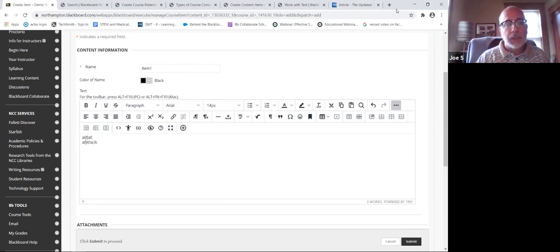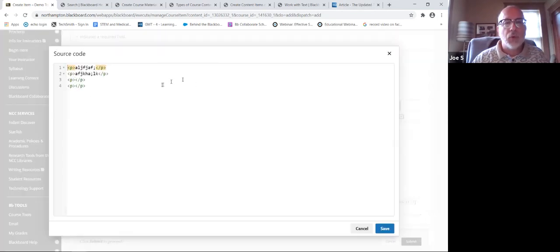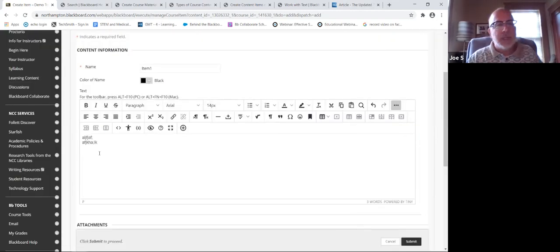Think of Blackboard as a lot like a website, but we call it a learning management system, but it works a lot like a website. So whenever you're embedding something directly into Blackboard, you always need to use the embed code with this source code tool in the content editor in order to do that. You would just paste that into the content editor, you hit save, and then your